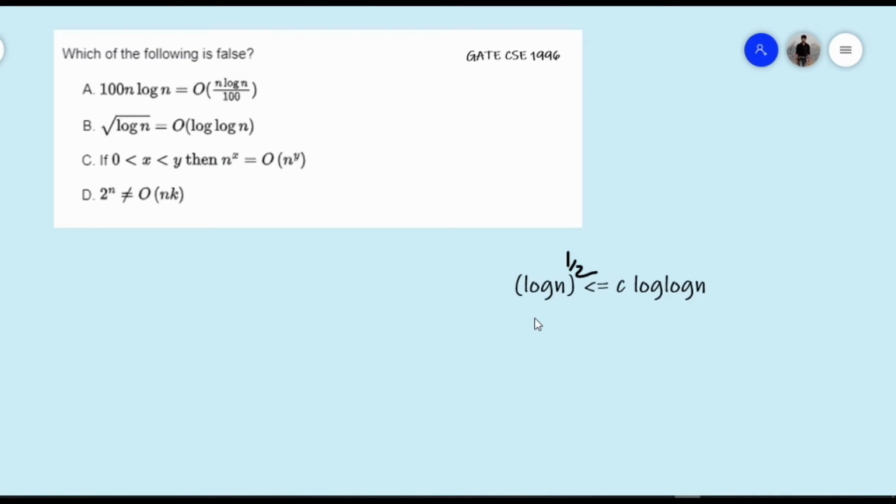The given question is asked in GATE CSE 1996. They have asked which of the following is false. Your first option is given as 100 n log n equal to big O of n log n divided by 100. So what does it mean? We can write this as